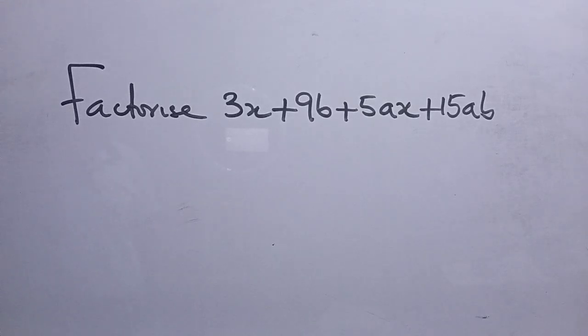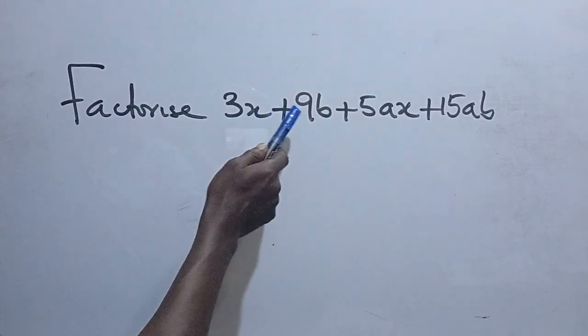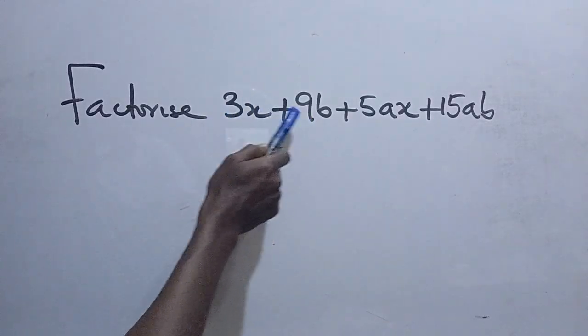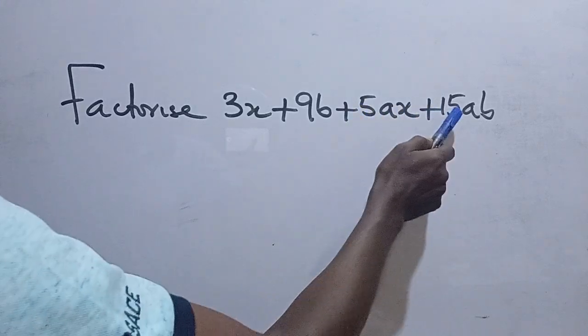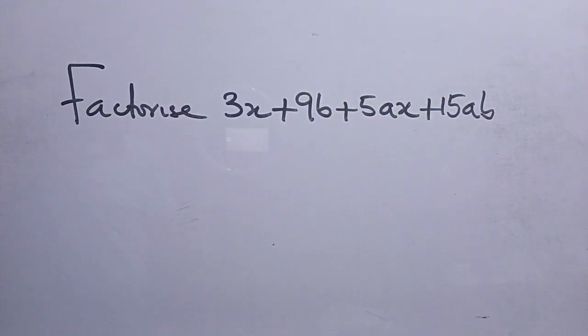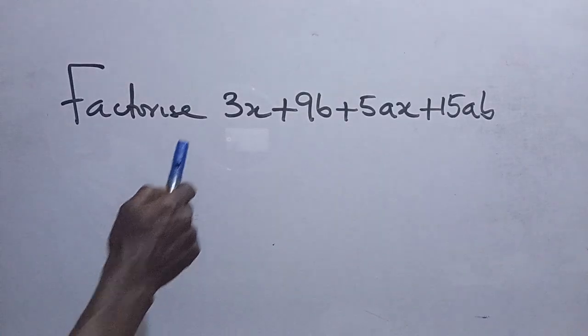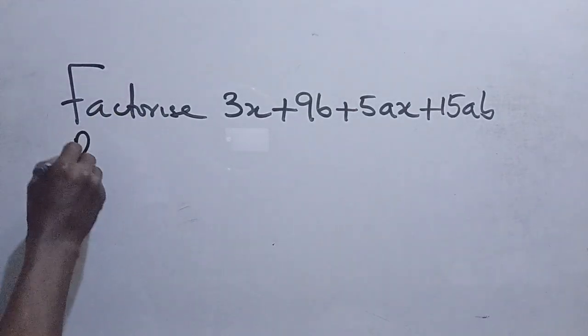And to make this work easier for us, you clearly observe that if you pick this first and second term, 3 will be common. Yes. If you pair this and this, 5a will be common. But it could be done better if we could rearrange in terms of x. How? So we rearrange